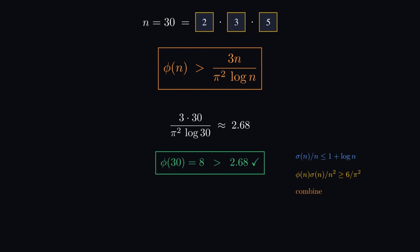Two old inequalities, one little product, a constant from Basel. Phi can never get small fast,